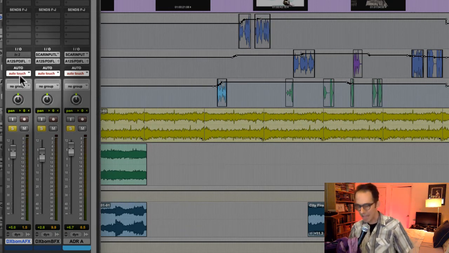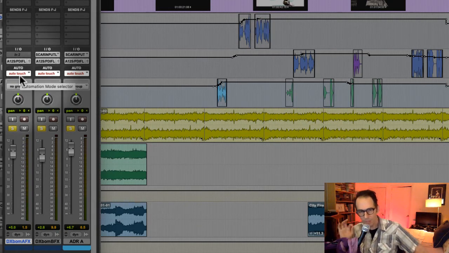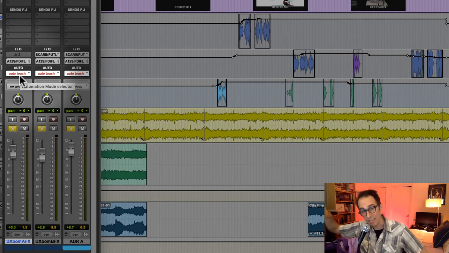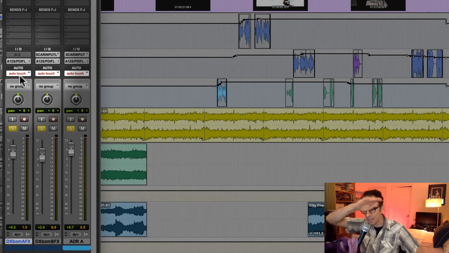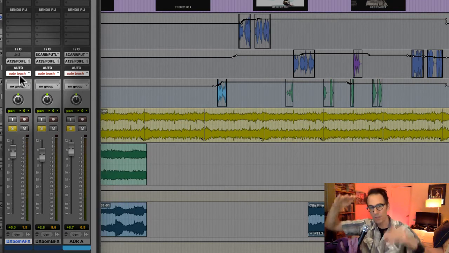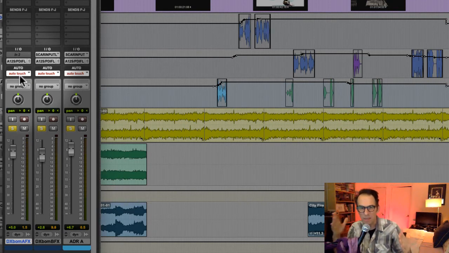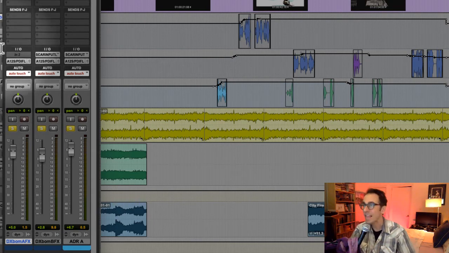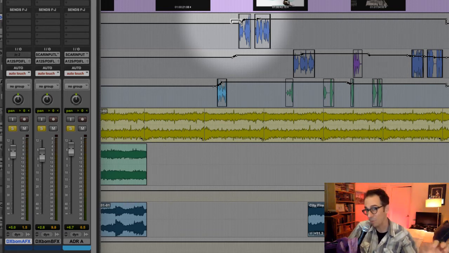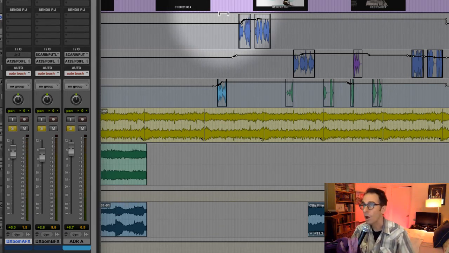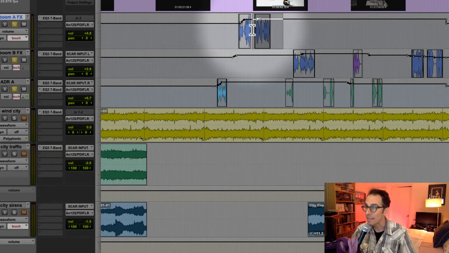And you'll see what happens. What's cool about Pro Tools is that doing a first pass in write mode is very common. And then when you're done, it automatically defaults to touch mode. Touch mode is cool because you do a pass in write mode, which is basically a rough mix, and then you go back and select the bits that need improvement. Maybe some of it was right on, maybe some of it wasn't, maybe 80% of it needs to be improved, whatever you want. All you've got to do is highlight the bit that you want to improve,